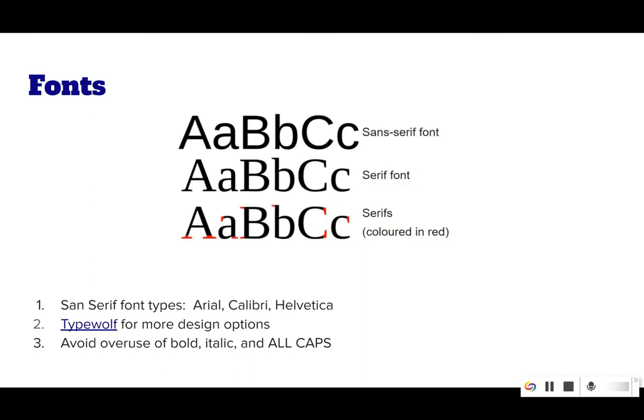So first, for fonts. For web accessibility, be sure to use sans serif fonts rather than serif fonts. A serif font is a type of letter form that has extending features, or serifs, added to the letters. An example of a serif font is Times New Roman. As you can see in the figure, all the portions highlighted in red are unnecessary for the reader to identify the letter. Therefore, a sans serif font does not have these extending features and is simplistic and easier to read